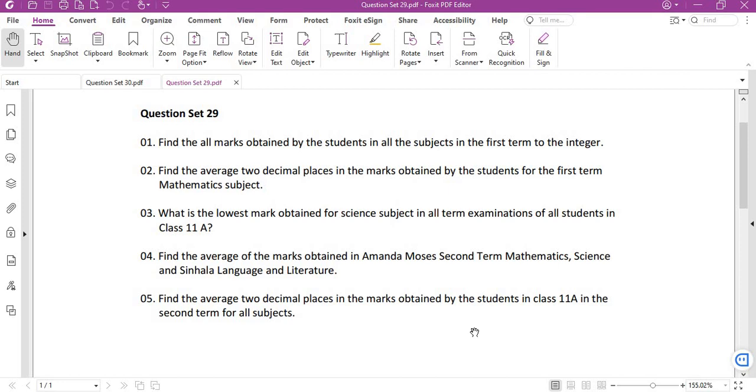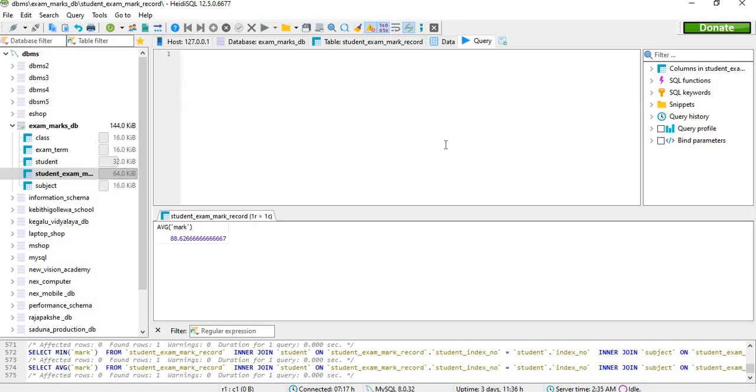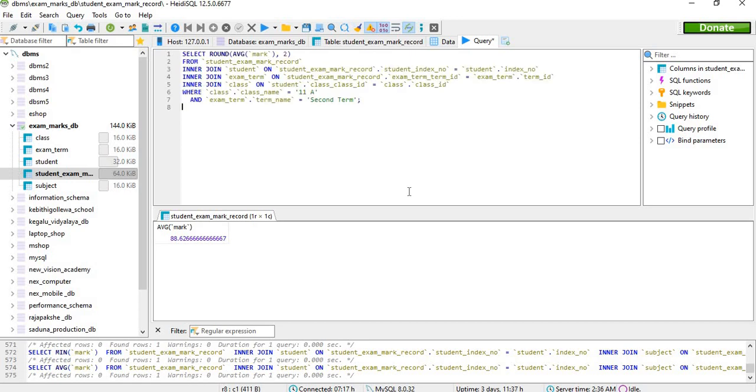Find the average two decimal places in the marks obtained by the students in class 11A in the second term for all subjects. We need to find the average of all subjects in the second term for two decimal places whose class is 11A. So here I will clear the previously written query statement and write the new query statement here. So here's my query statement to find the average marks of the students whose class is 11A, and the term